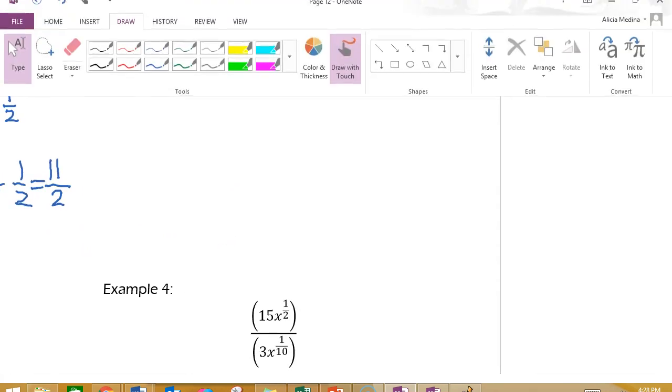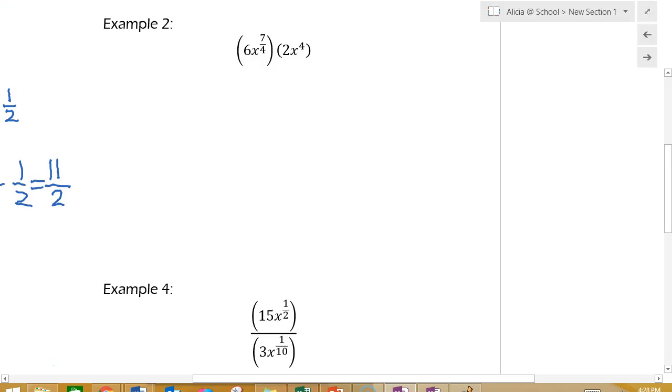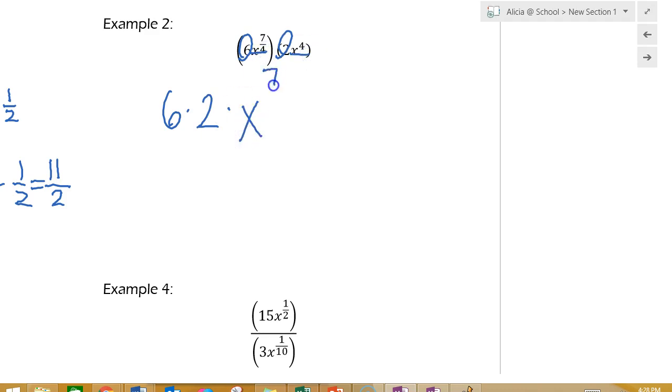In example 2, I'm going to bring out my coefficients again to the front, so I have 6 times 2. And then I have my x's as well. Those are like bases, and when I am multiplying, I have to add the exponents. So I'm going to have 7/4 plus 4. When I multiply 6 times 2, that gives me 12. Bring down my base of x, and I have to add